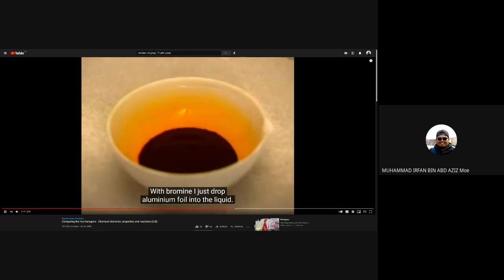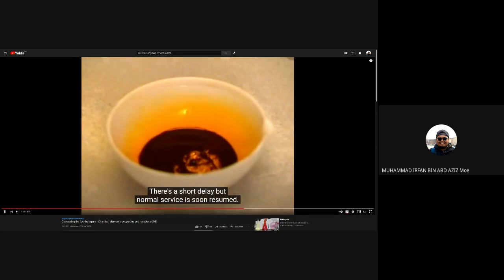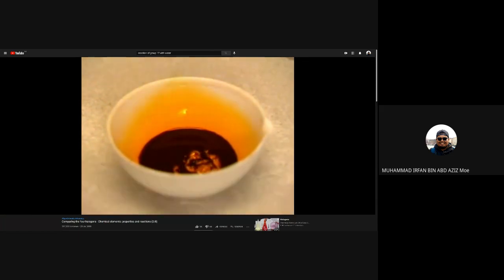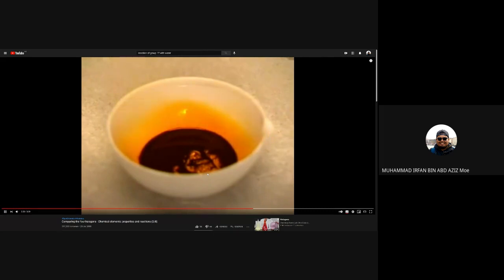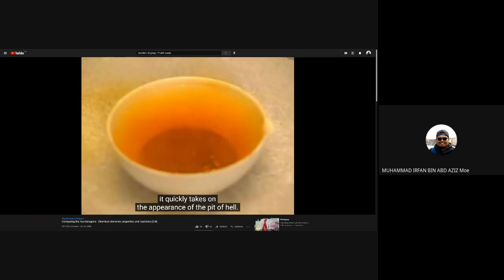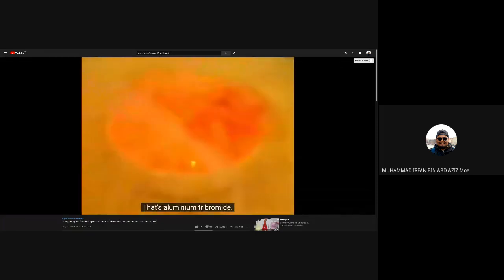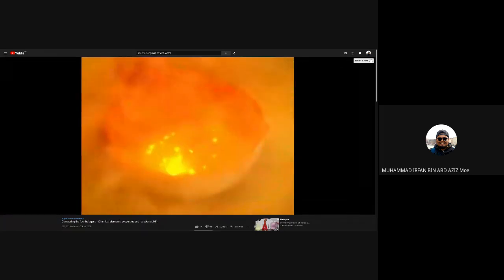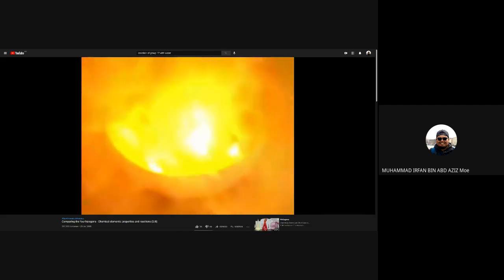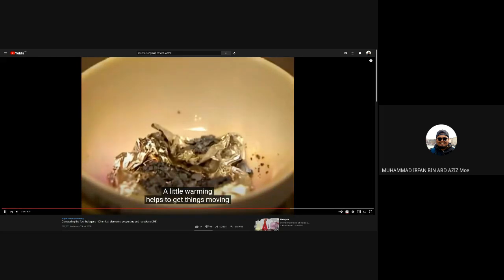With bromine, I just drop aluminium foil into the liquid bromine. There's a short delay, but normal service is soon resumed. Once the reaction gets going, it quickly takes on the appearance of the pit of hell. As with the chlorine reaction, there's white smoke. That's aluminium tribromide. The reaction with iodine is just as spectacular. A little warming helps to get things moving, but once the reaction's off,